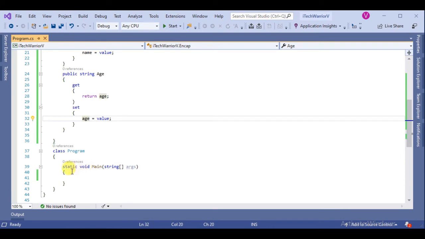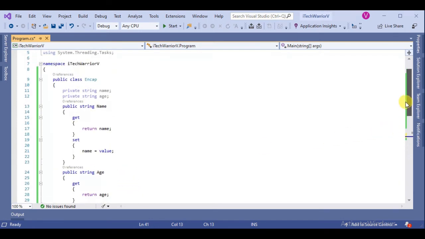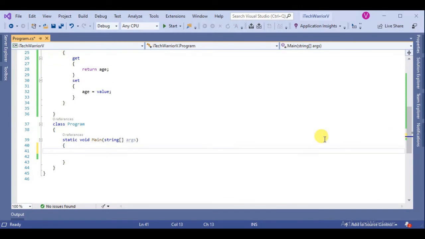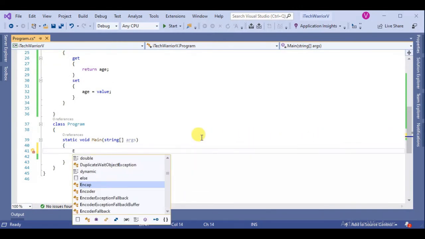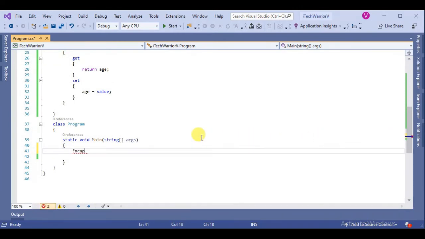And then we create an instance of Encap, encap en.